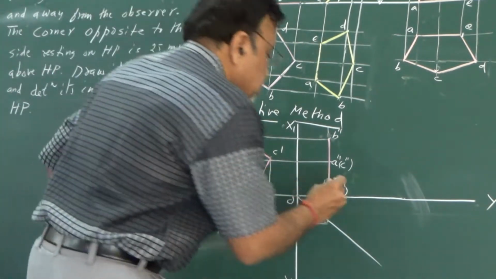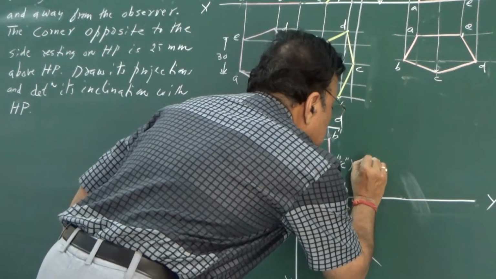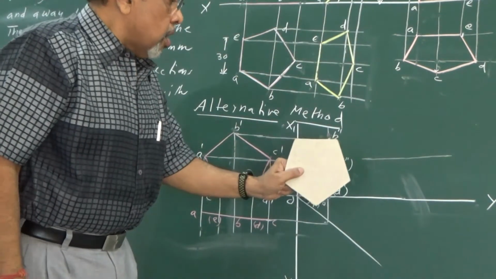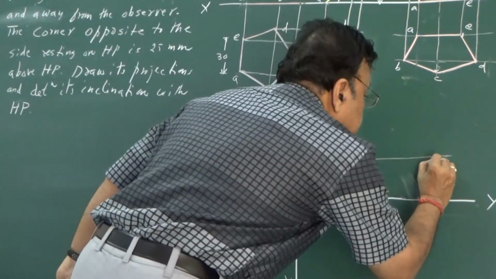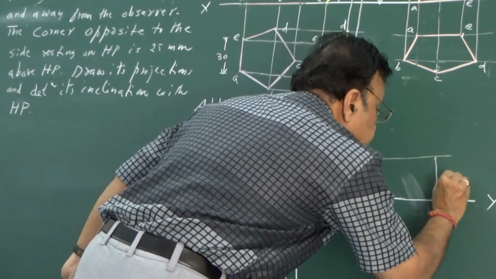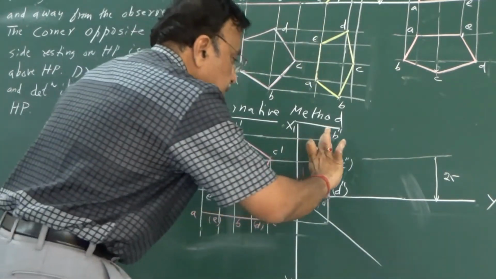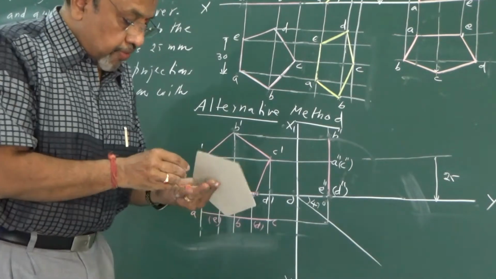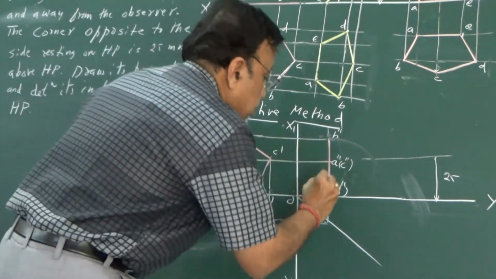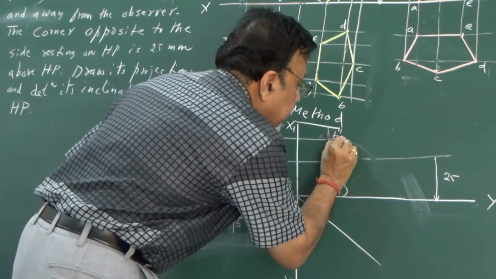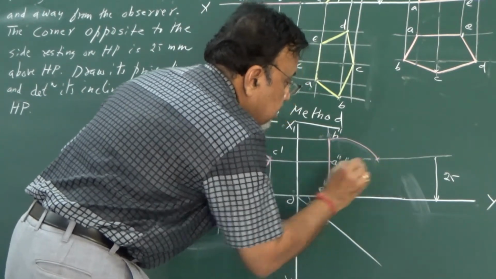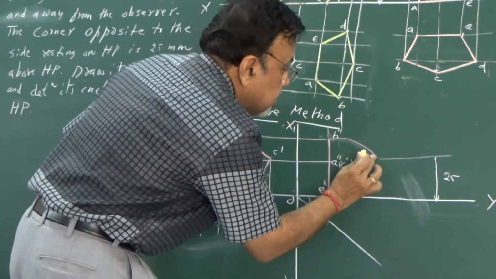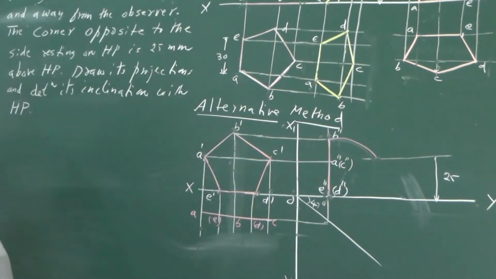So what I do now is draw a line here. This particular line indicates the locus, or 25 mm. Let us say I am taking this 25 mm. Then I simply draw an arc. If I simply draw an arc and rotate like this, your lamina will be in this particular position. Let us say it comes somewhere here.